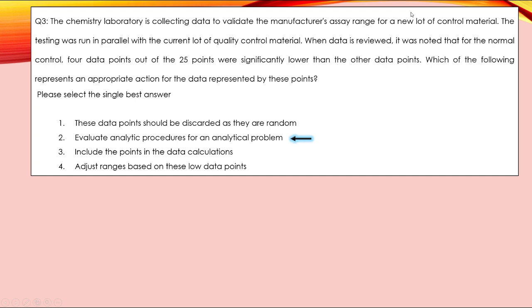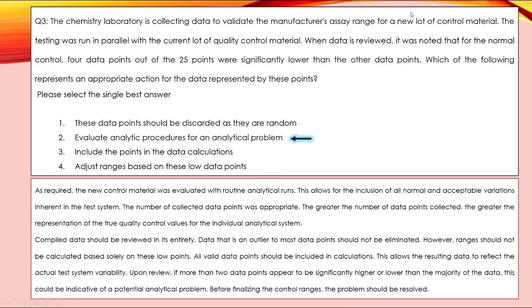Feedback. As required, the new control material was evaluated with routine analytical runs. This allows for the inclusion of all normal and acceptable variations inherent in the test system. The number of collected data points was appropriate. The greater the number of data points collected, the greater the representation of the true quality control values for the individual analytical system. Compiled data should be reviewed in its